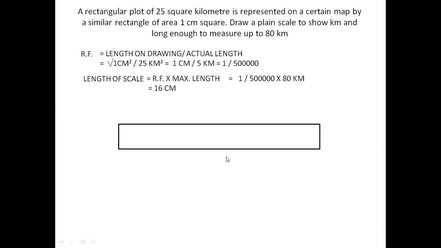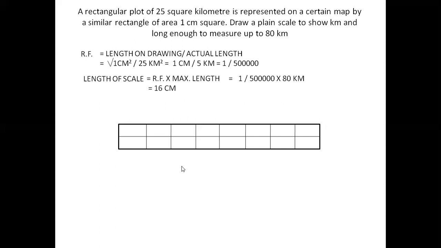Now first, if the maximum scale is 80 kilometer, we divide it into 8 equal number of parts. This is the construction of scale for our convenience. We draw a center line also. So we divide the scale into 8 equal parts. Means what? We get a division of 10 kilometer.